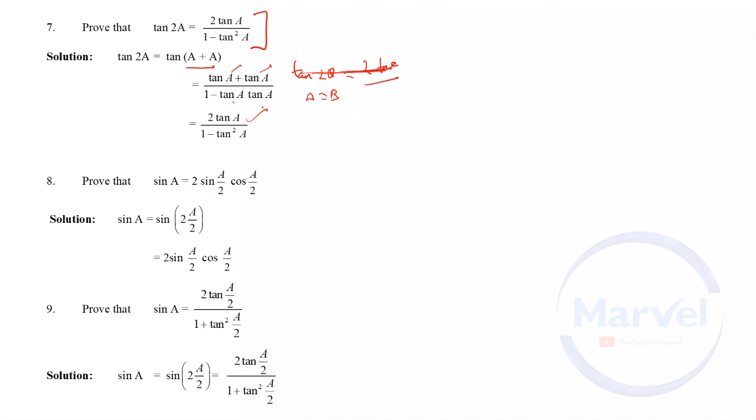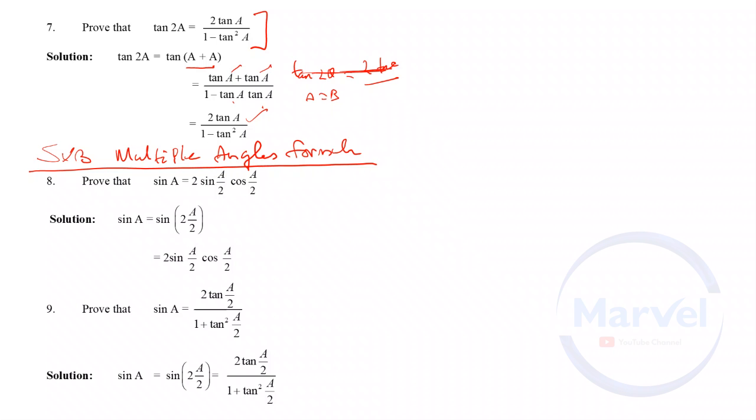Next 7 formulas are the submultiple angles formula. This is similar to sin 2a, cos 2a, tan 2a. There, the left side is 2a and the right side will be a. Here the left side is a, and the right side is half of that value. So in these 7 formulas, the right side expression contains angles as a by 2.